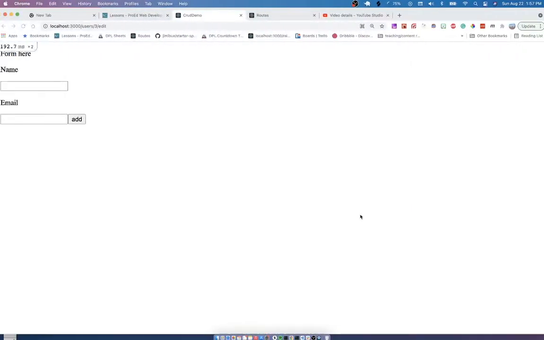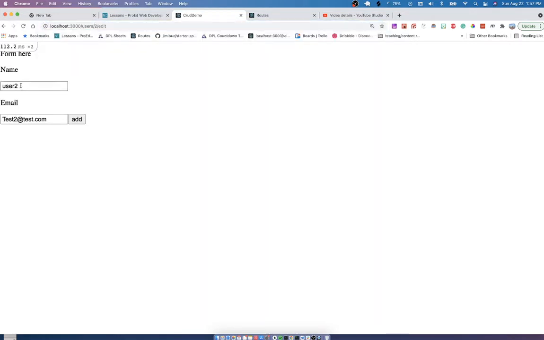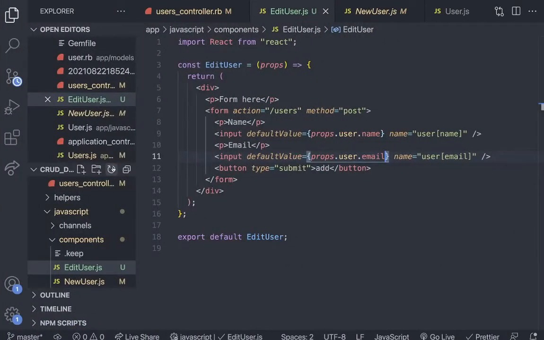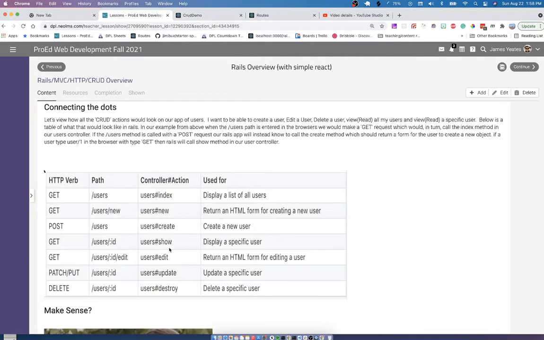So let's test this one out. If I go to users/3/edit, refresh that, now I have John and John's email. If I change the ID, go to 2, now I have user 2. So that's working. Still not quite there yet though, because I have this action set up to be a post request. Well, the action for